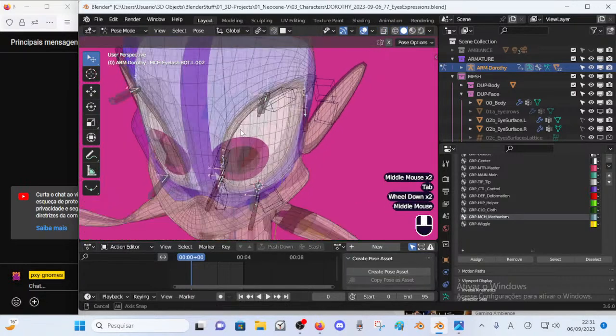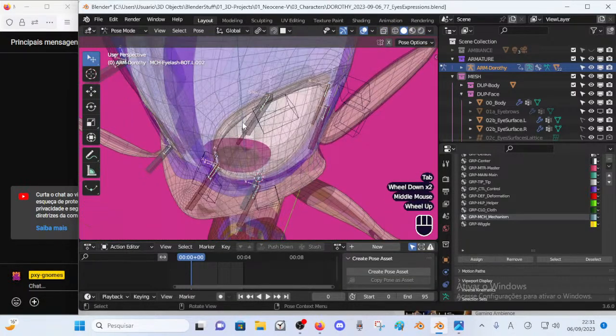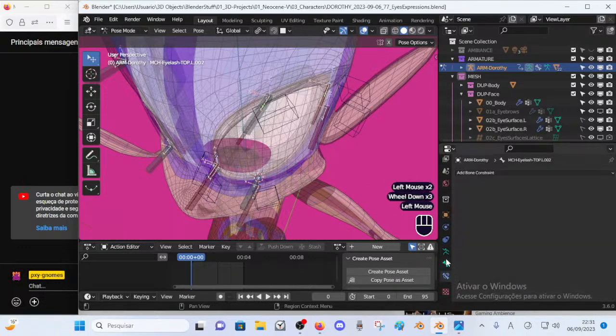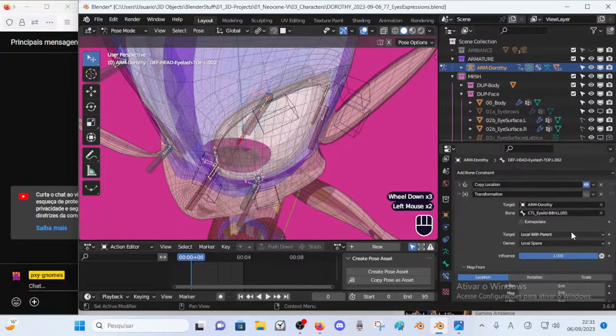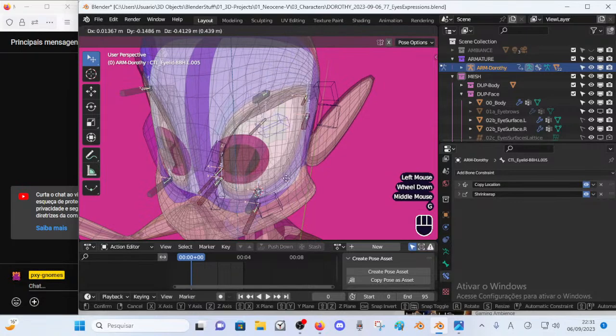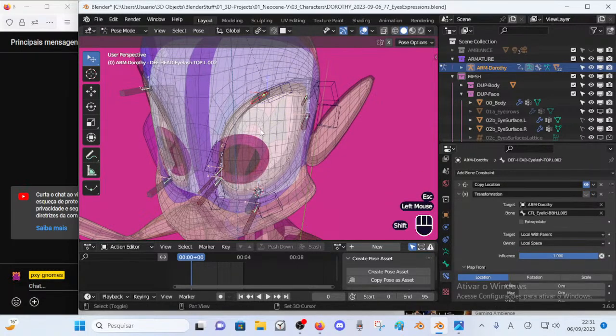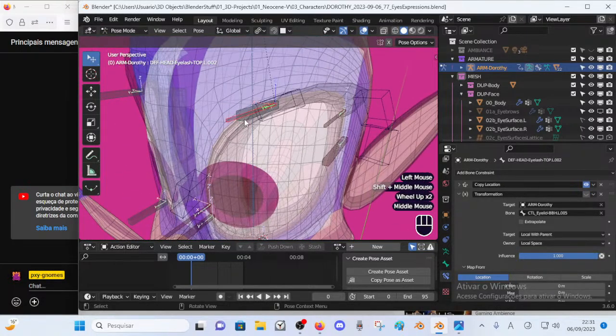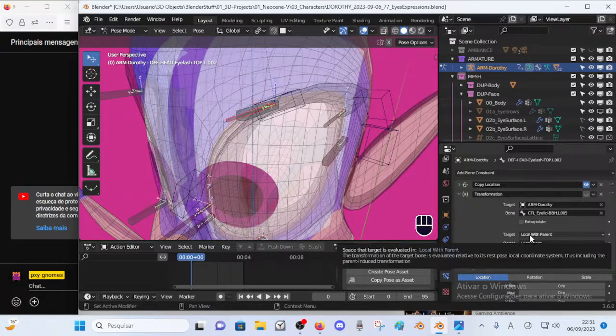I'm going to work on that. Now I haven't thought 100% of what I needed to do here. It should require using a custom space target, local parent.